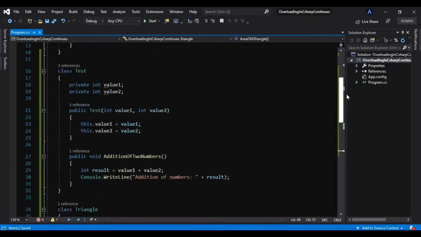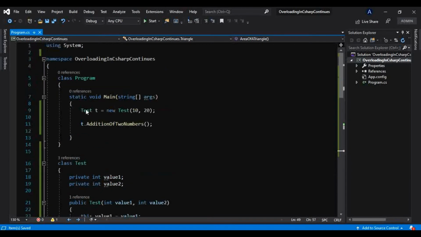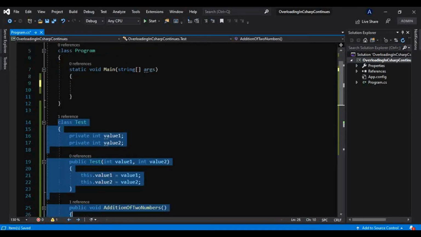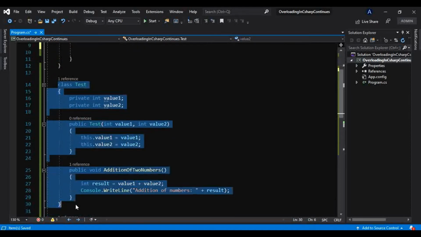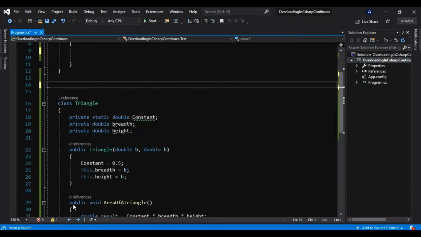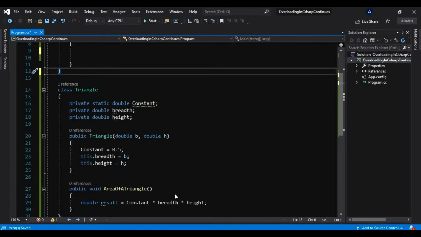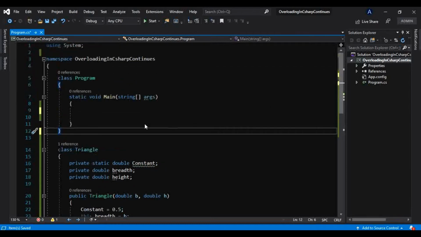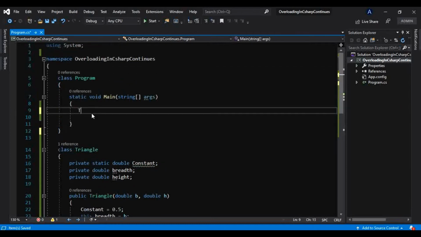Now let me create a constructor, let me create an object for that. Let me get rid of this for now, we don't need this, as well as I will get rid of this class. That class I have created only to show you the simple addition and what is the difference between the simple plus operator and the user defined plus operator. So I will show you that, don't worry about that.